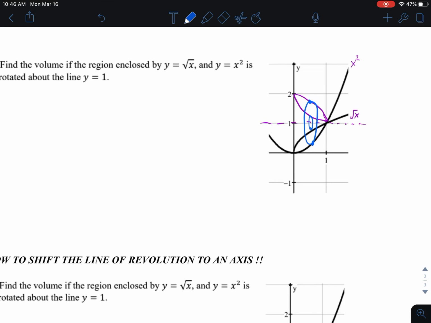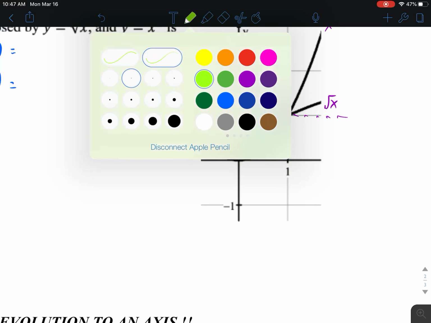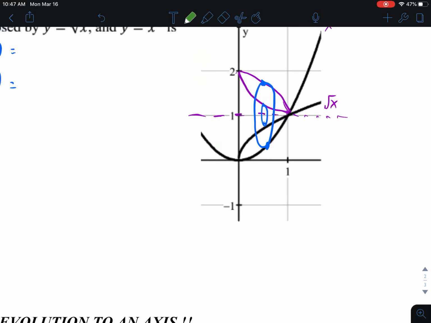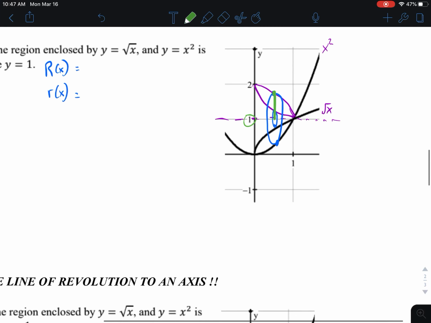Let's find, first, probably best to find big R, and then find little r. What's the outside radius? What's the inside radius? Let's see. Use green. From the axis of revolution, the outside radius would be from here to here. How do I find that? Well, if I use the function, it would be this whole line. But I don't want this whole line. I want to take out 1. I want to basically take out this. I only want that. So it would be,